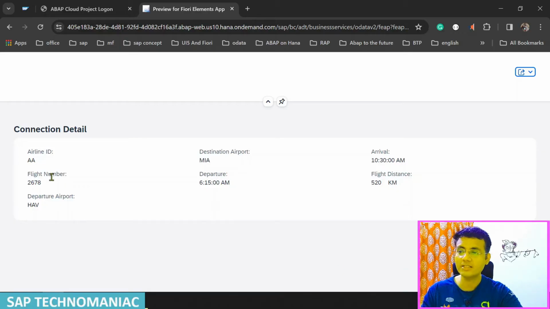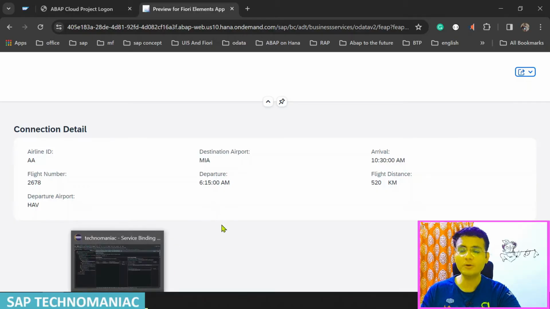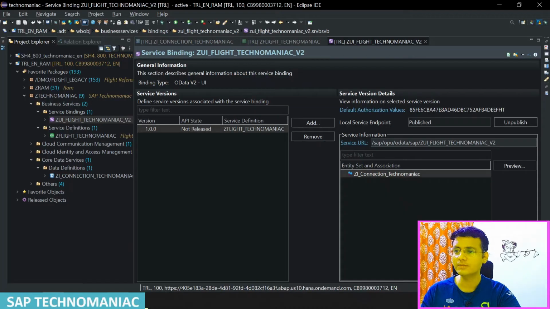For example, in this connection we have multiple flights on different dates, so that is what we are going to display here. To do that, first we have to create an interface view. On top, we already have one interface view. Right click over here, create new interface view,